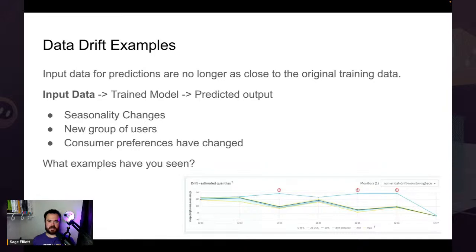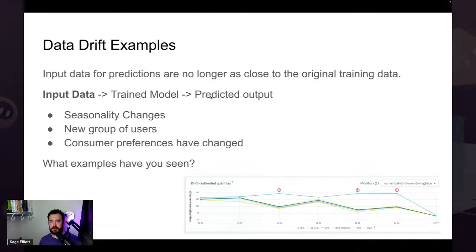Some common use cases here are seasonality changes. If I trained a computer vision model to detect people in the summer, and they were all wearing summer clothing like shorts, baseball hats and tank tops, and then I ran that same model in the winter, and they're all wearing big coats and scarves and different hats, chances are that data now looks fairly different from the training data set. So in this case I would take that new winter-dressed people data and retrain the model so it can look at both summer and winter and hopefully make accurate predictions.